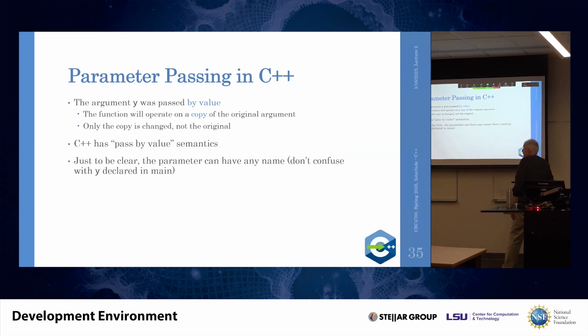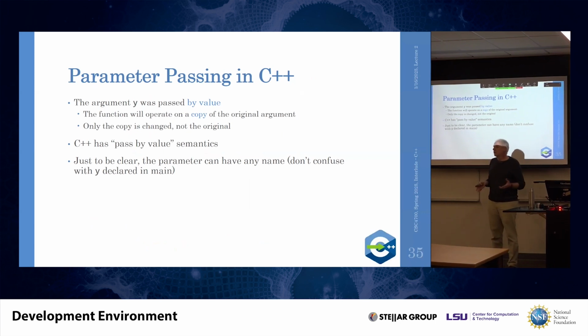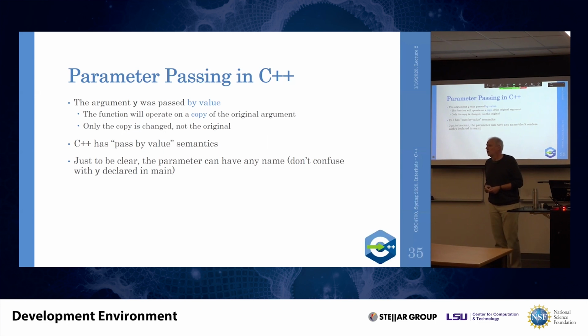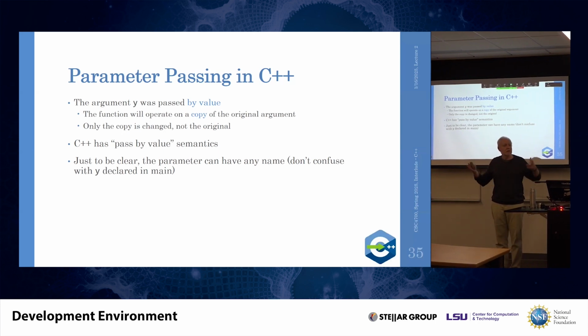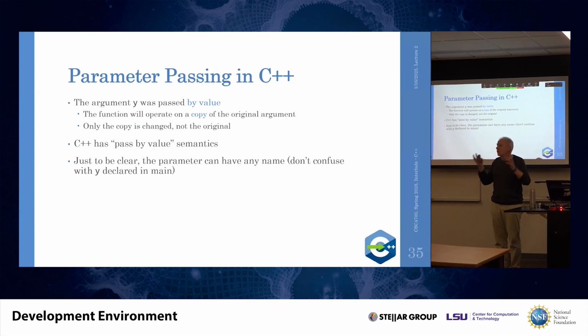Yeah? So passed by value semantics. Everything not otherwise specified is passed by value. And that's one of the reasons why some people that come from other languages claim that C++ is slow. Because they start passing giant data structures to functions by value, which causes this giant data structure to be copied each time the function is being invoked, which costs a lot of time.